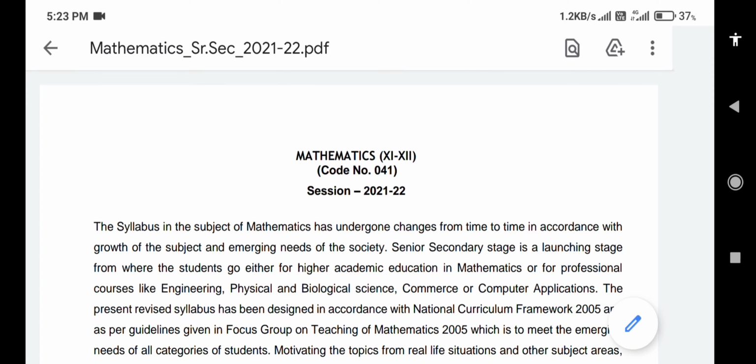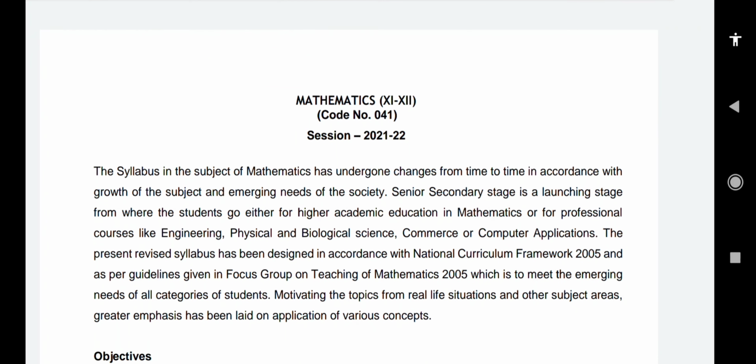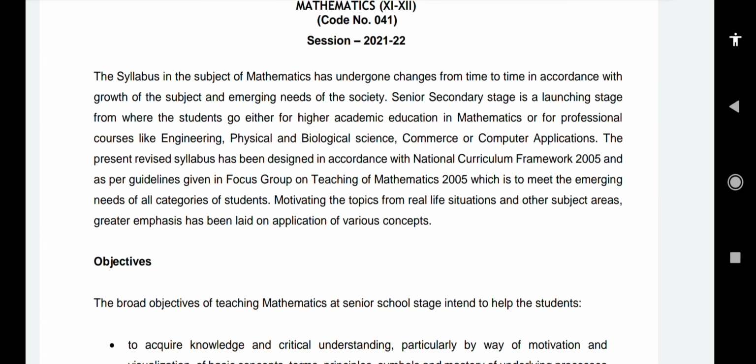Viewers, here we will be seeing the syllabus which is based on class 11th and class 12th. We all know this syllabus has been reduced and we are going to write in two terms. Term 1 will be completely based on objective and term 2 will be based on subjective. Term 1 will be of 40 marks and term 2 will be of 40 marks. Then the other 20 marks will be internal assessments, which will be based on the periodic test as well as